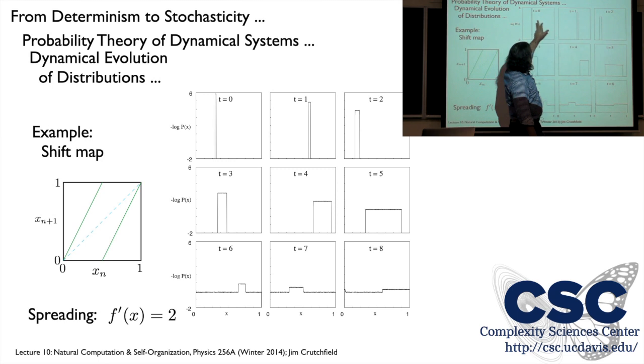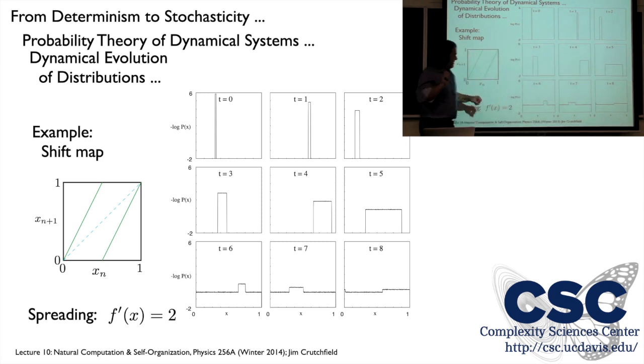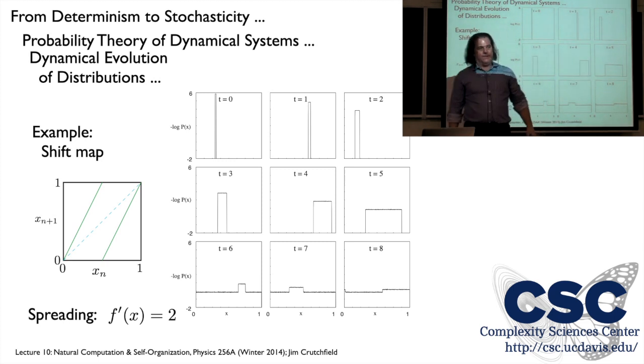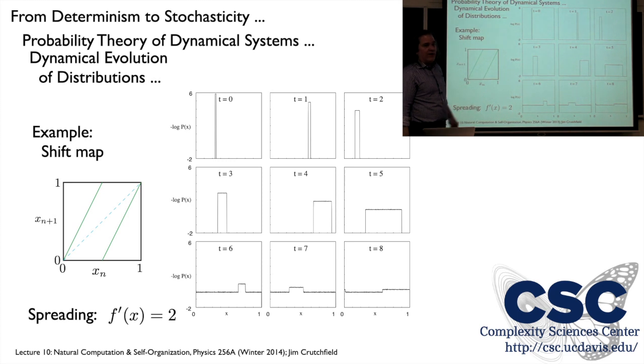But now notice that 2 things happen. The probability amplitude has gone down. In fact, the plots are quantitative. They've actually gone down by a factor of 2. And the width of the support is now twice as big. And that's all, of course, due to the slope being 2. If the support is broadened, then I have the same probability mass that's got to come over here. Therefore, the probability amplitude is half what it was. And on a log scale, that's just 1 unit down. Log base 2.